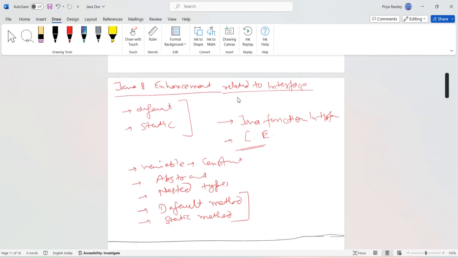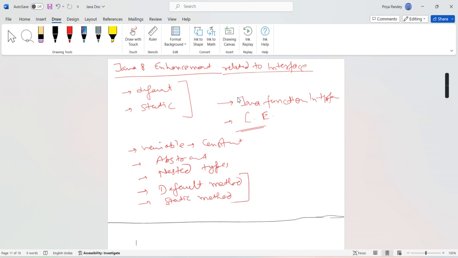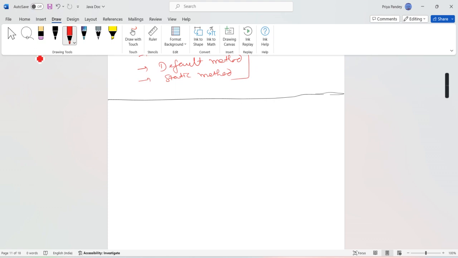In an interface, we have variables that are constant, we have methods that are abstract, and the data we have is always variables that are constant. Now two things were added in Java 8: one is the default method and another one is the static method. Now, related to Java 9,